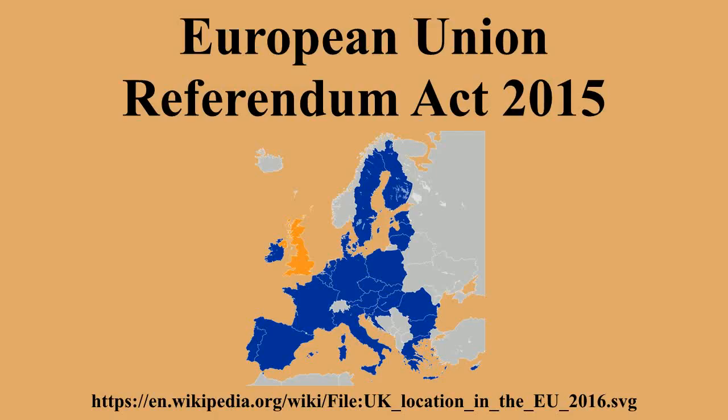Campaign period. The Act legislates that the official referendum campaign period up until polling day will be of 10 weeks duration, with an official purdah period, where all government and public bodies are unable to comment or publish information specifically in regard to the subject of the referendum for a period of 4 weeks duration up until polling day.